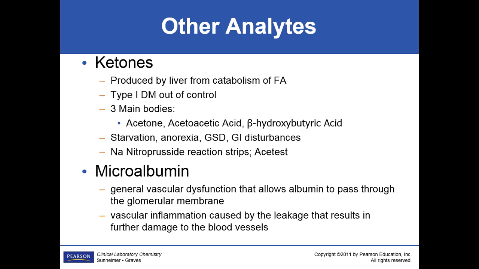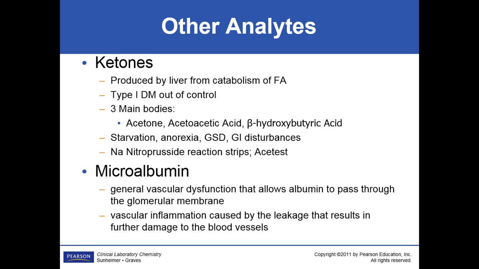Microalbumin. When you start having your renal problems due to diabetes, when you get, I said end-stage renal disease was one of the major complications. Well, before you get there, you'll start having problems with your kidneys not filtering like they're supposed to. And we know of people, sometimes they're type 2, but eventually they went on dialysis because their kidneys have shut down or are almost shut down from the damage. Before they get really bad, protein normally is not supposed to get into your urine. It's a big molecule, it won't cross.